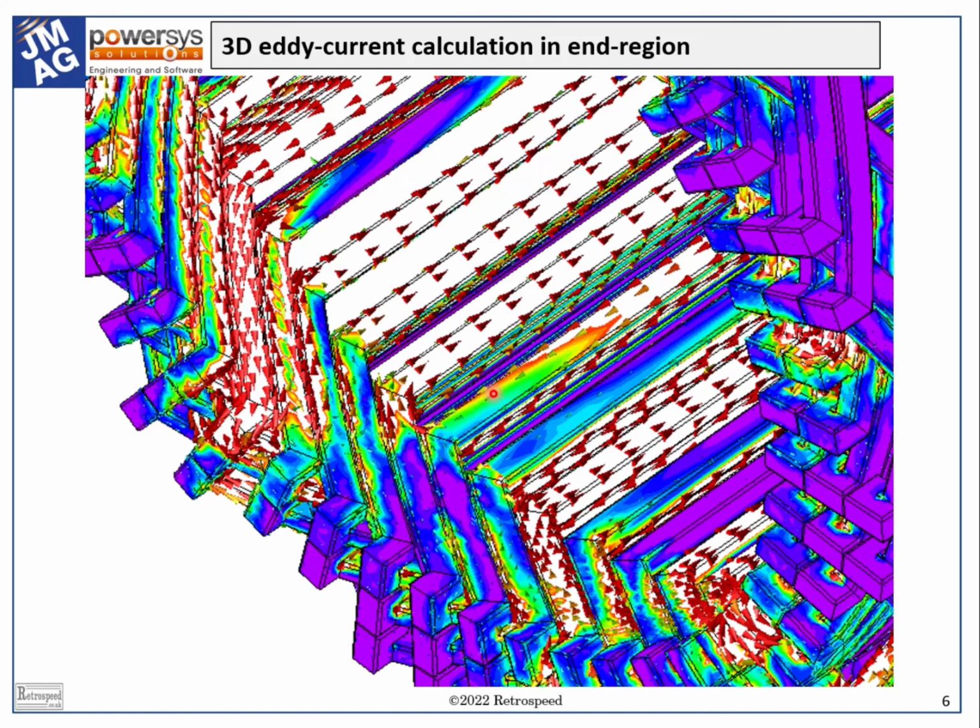And this brings me to the third argument in favor of the classical partitioned approach. It may very well be too expensive to run whole machine finite element models in the process of evolving, improving, or optimizing a design.